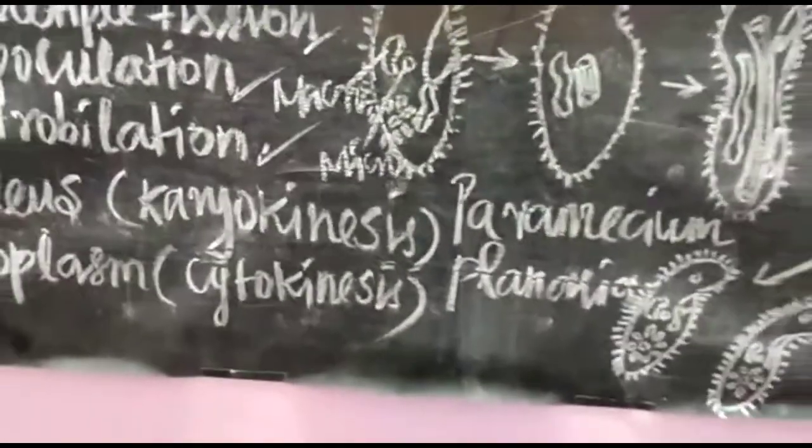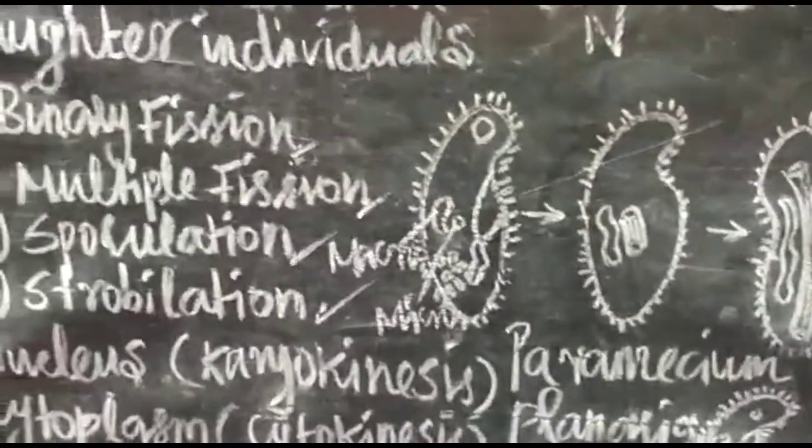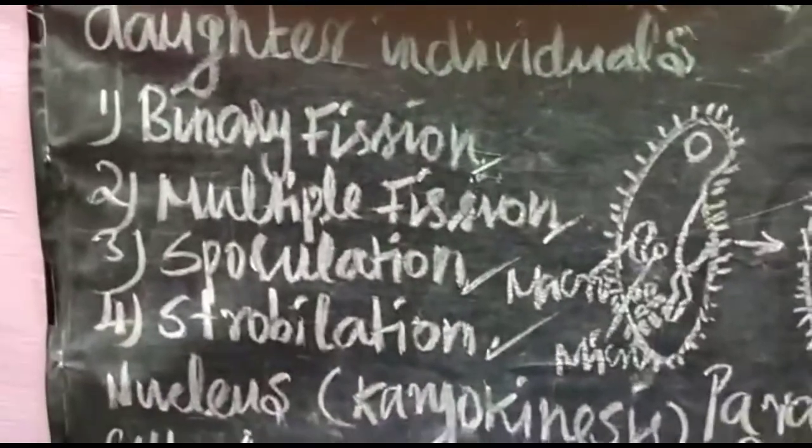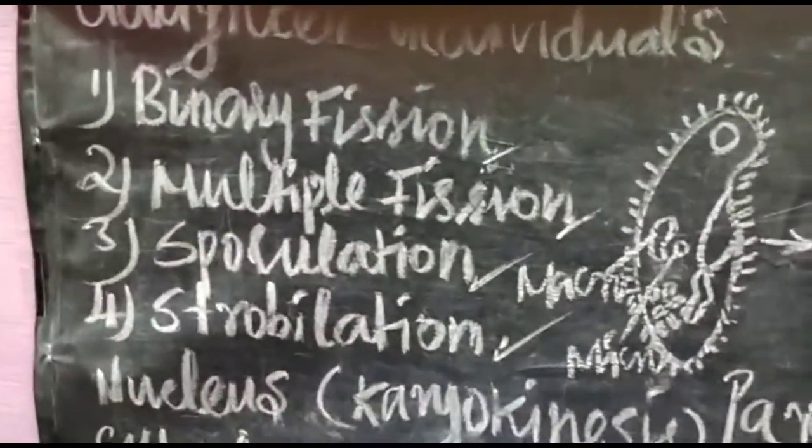The next process is known as longitudinal binary fission. Longitudinal binary fission means that the cytoplasm divides along the longitudinal axis of the